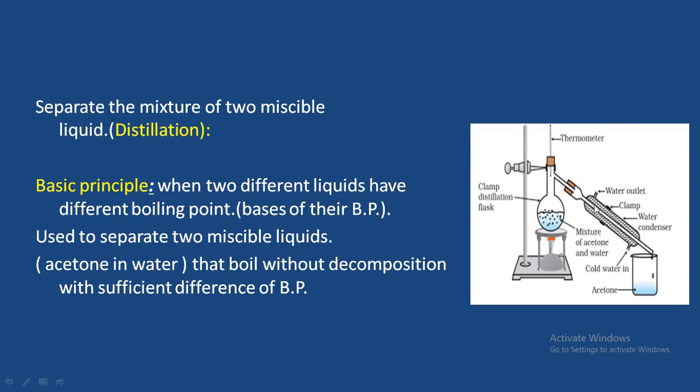Because the vapors are hot, having high temperature, from here we supply cold water. When cold water passes through, it acts as a condenser, and the water which is let out will be hot. When the temperature here is lower, the vapor is converted into liquid. How? When we boil water, and after some time we put our hand at some height, the vapor condenses and water droplets form on our hand.